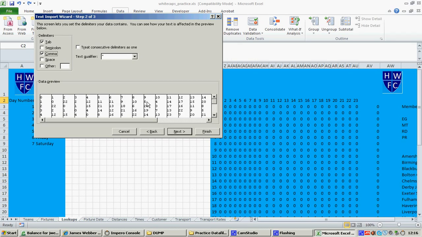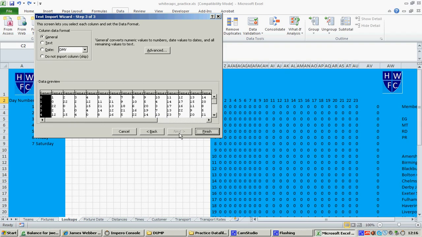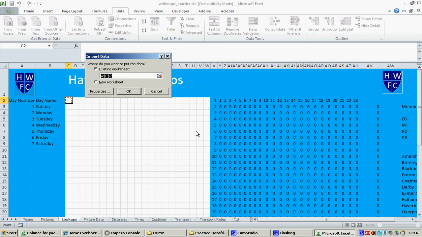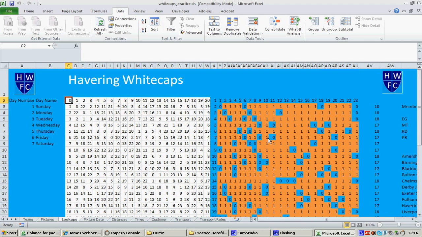You can see here it's split these out into columns, and they look about right. These are columns. They do go up to 20 at the end. There are 20 teams. Let's press next, and let's press finish. And we want to put it into C2 and work downwards. So there you go. Let's put them in, and we know it's working because we haven't got loads of errors